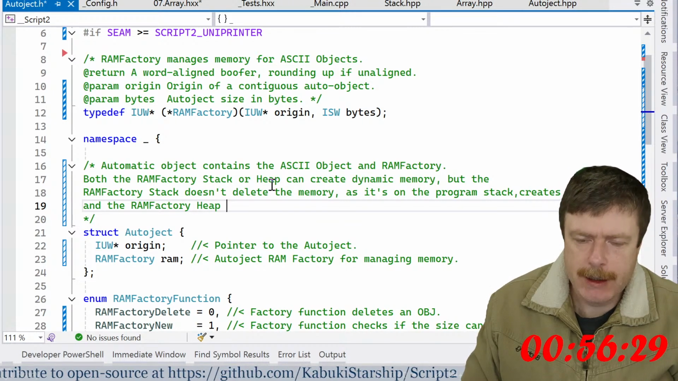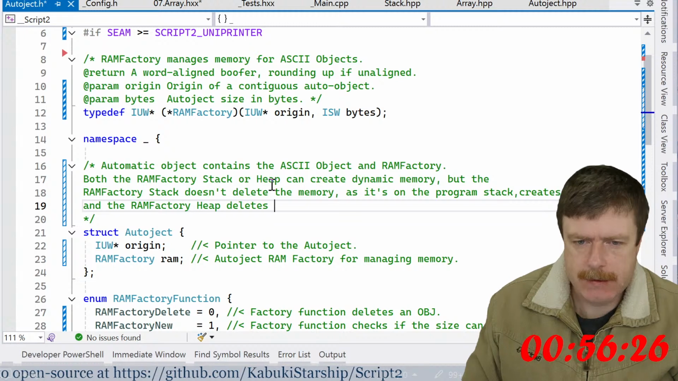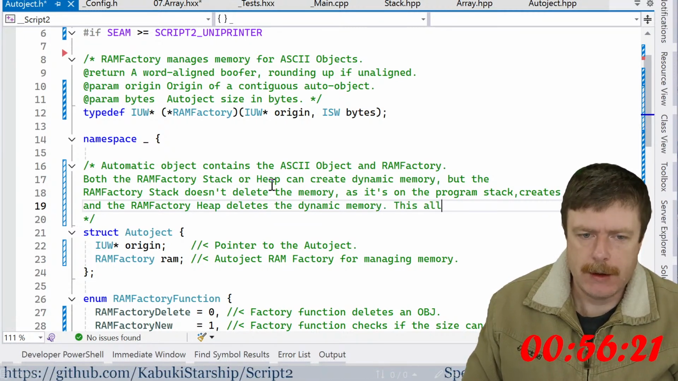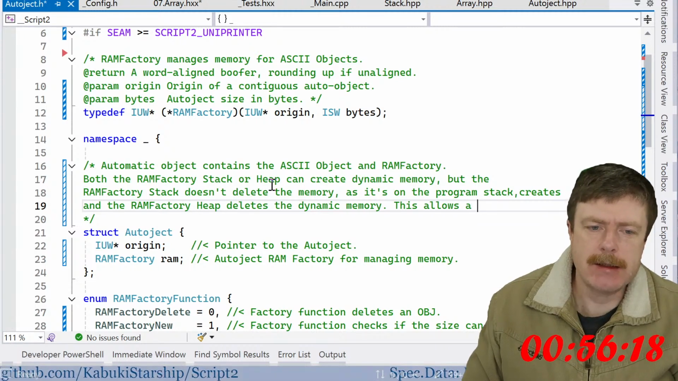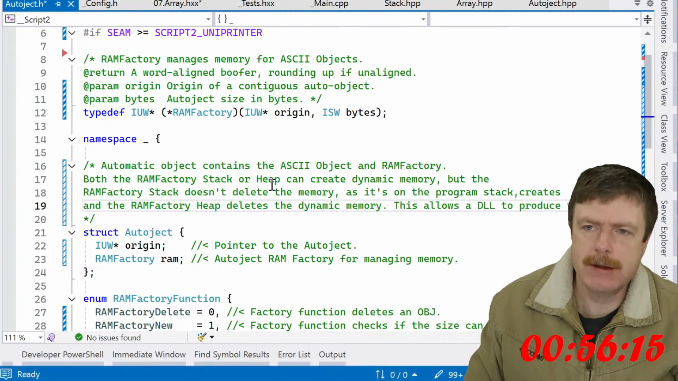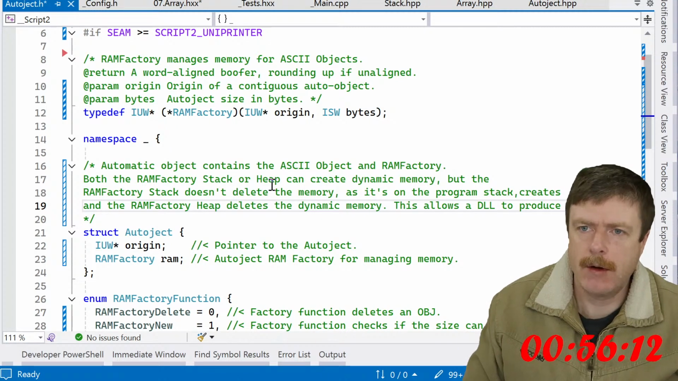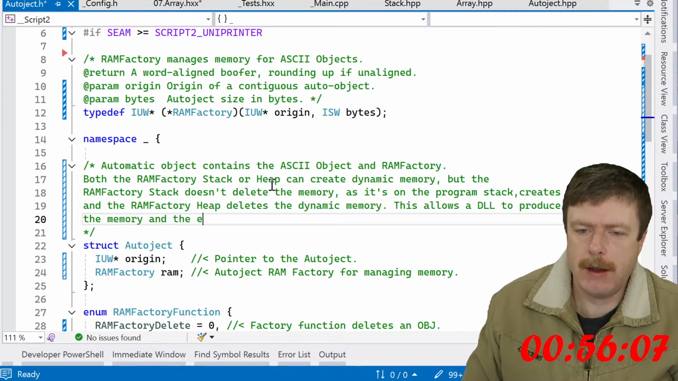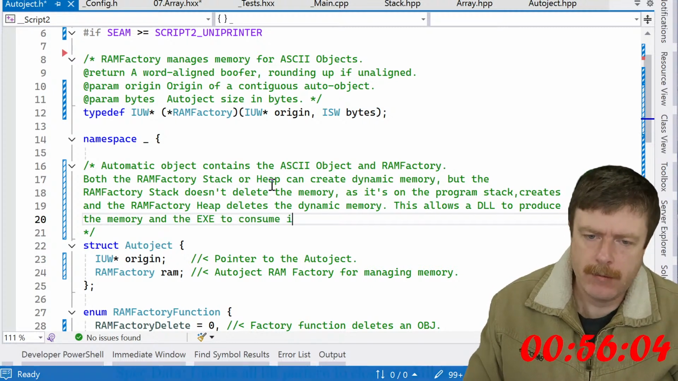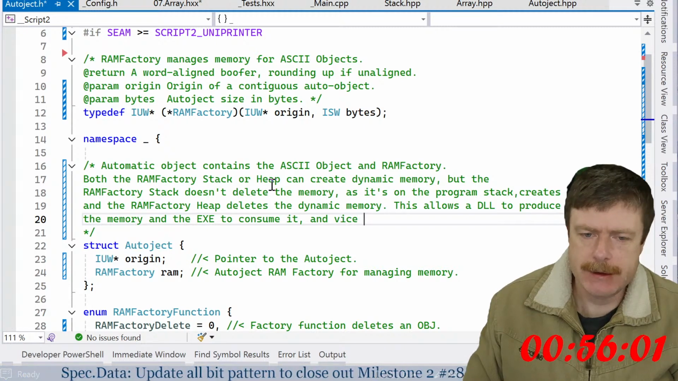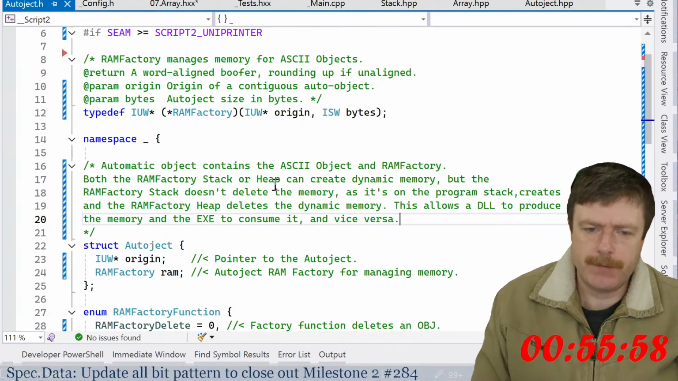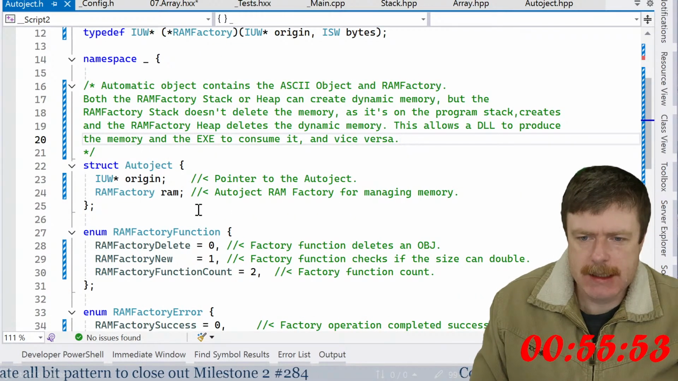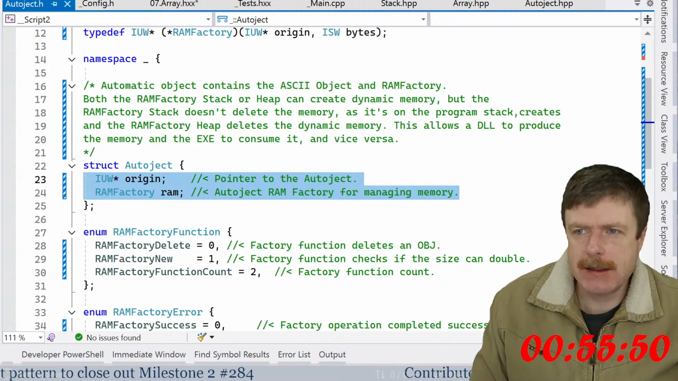And the RAM factory heap deletes the dynamic memory. This allows a DLL to produce the memory and the exe to consume it, and vice versa. All right. Okay, that's better. So this thing is basically allowing us to grow